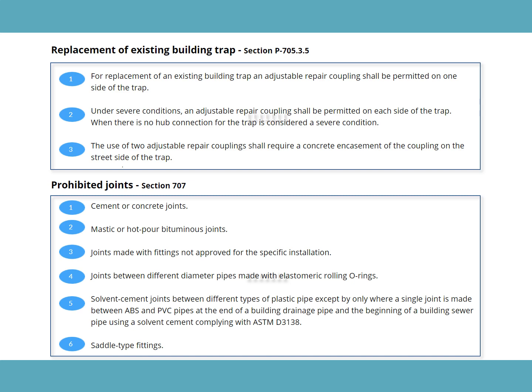It is considered a severe condition when there is no hub connection for the trap. And, the use of two adjustable repair couplings shall require a concrete encasement of the coupling on the street side of the trap. As per section 707, the following joints are prohibited: cement or concrete joints, mastic or hot pour